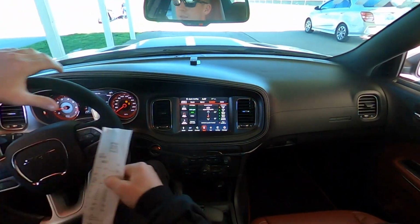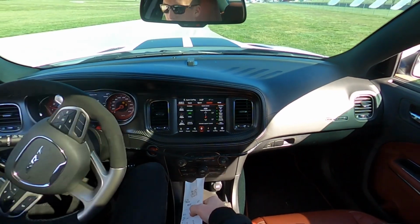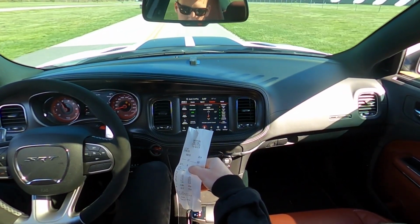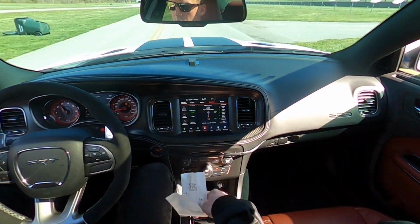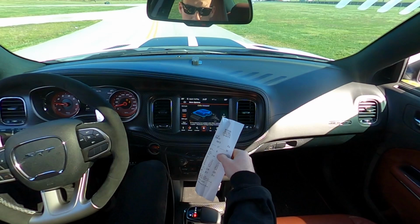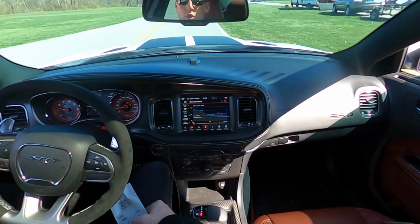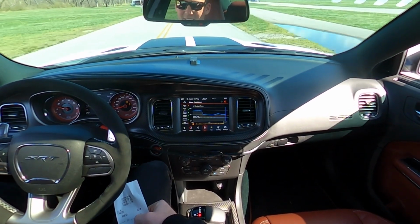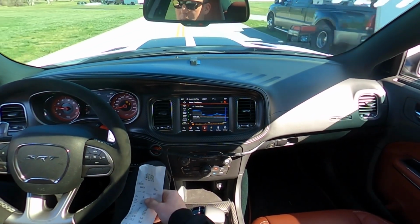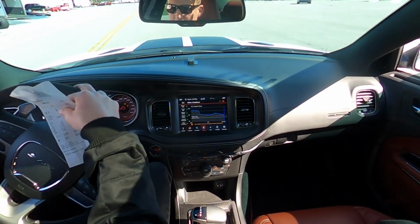Alrighty. So 10.8 at a 126, almost 127. Got gapped by a presumably modified BMW. Got the chiller running. Maybe try to do one more. I mean, that was probably the best one we're gonna get, other than maybe a little bit faster. 10.8 at 126. I feel like the only way to really get faster right now is